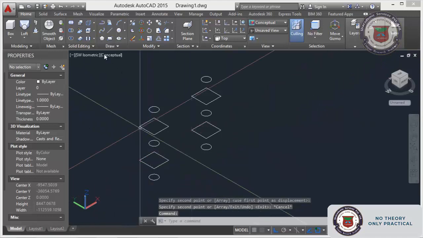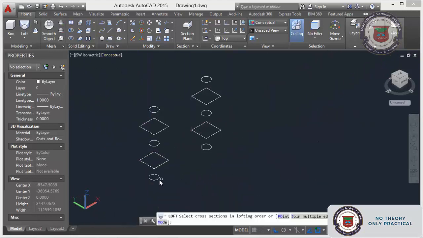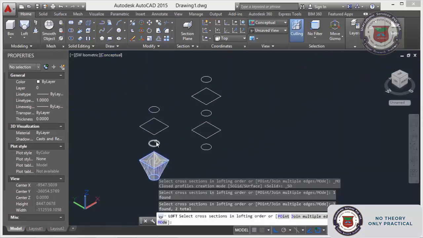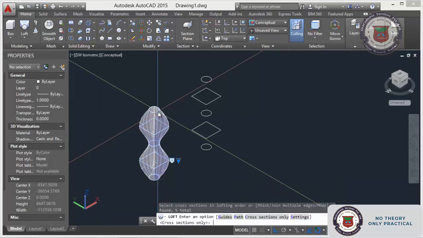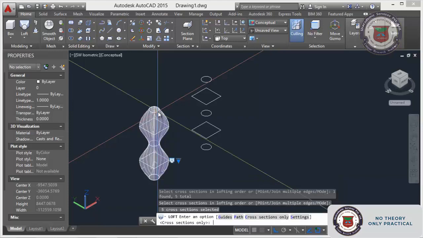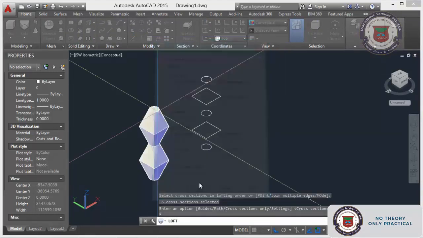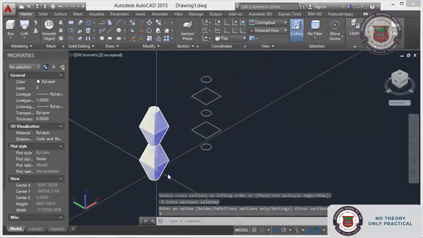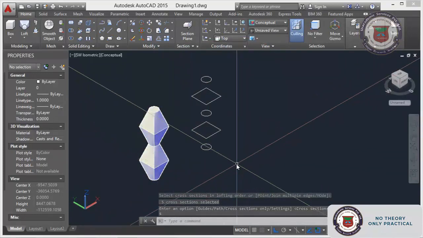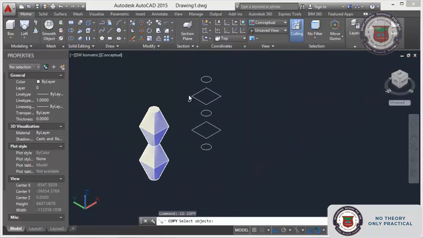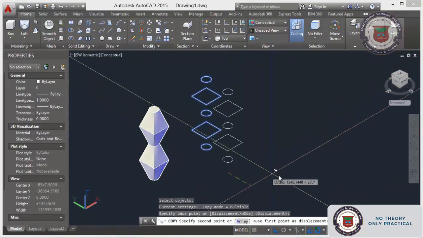Okay, just select loft, select the object, and enter. Then see settings. Yes, just enter yes. It will open the dialog, and now we are having this smooth fit. Just select the ruled one. See, that is the straight portion. You will see the difference between smooth and straight, and all other things.